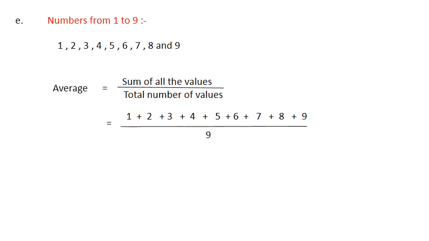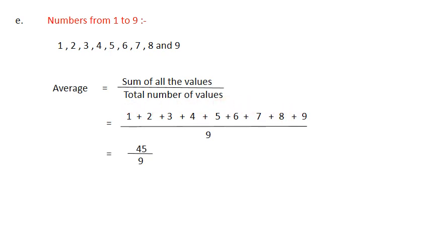Now student, if you think this calculation is very easy, look here: this 1 and this 9 become 10. 2 plus 8 becomes 10, means 20. 3 plus 7 becomes 10, that means 30. 4 plus 6 becomes 10, how much? 40. And leaving this 5, it becomes 45. 4 plus 6, 10. 3 plus 7, 10. 2 plus 8, 10. And 1 plus 9, 10.